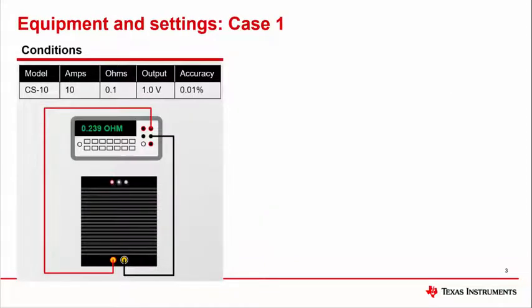For some applications, you may need to know precisely what your shunt resistance is. In this particular case, we are going to try to verify that our precision shunt matches the datasheet specification. Upon connecting our resistor, we see something strange. Our measured resistance is significantly different than what we expect. So how can this manufacturer make such a claim? Well, in this case, we are actually not performing the measurement properly.